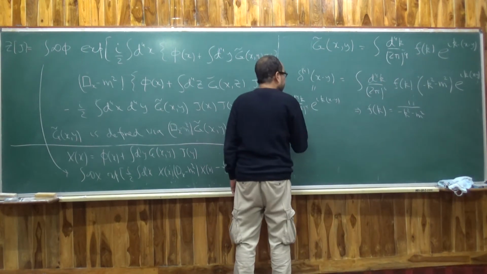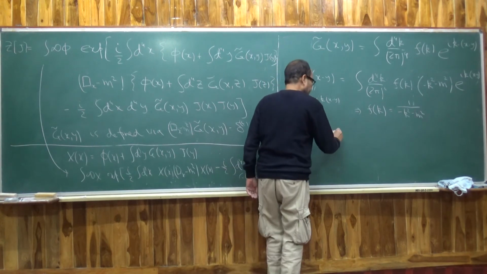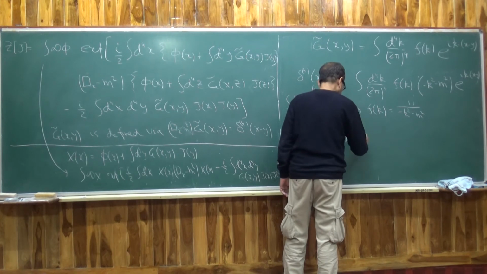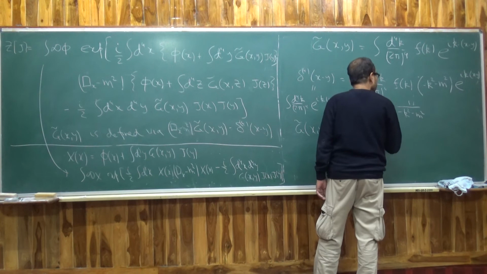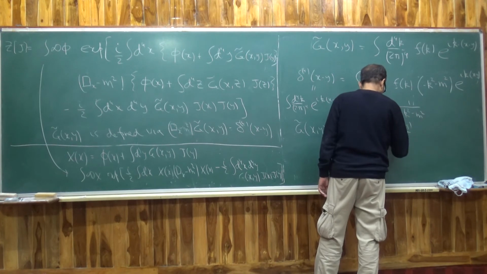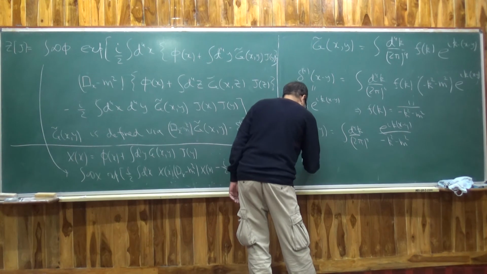So this tells us that G tilde xy is integral d4k